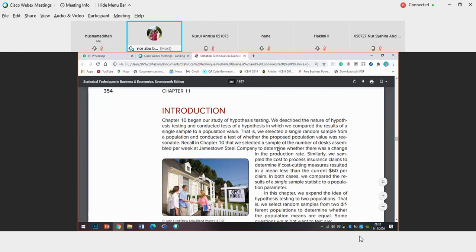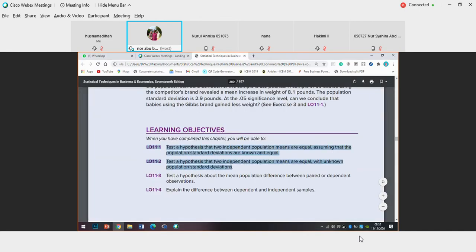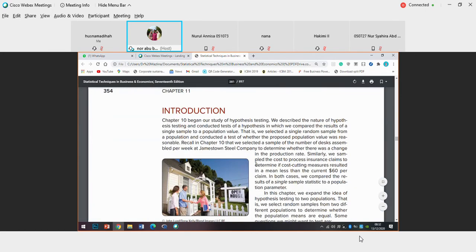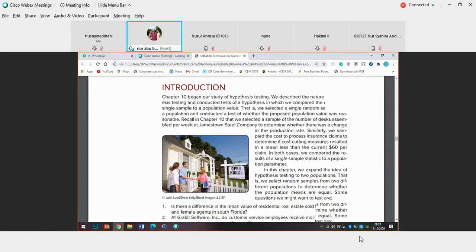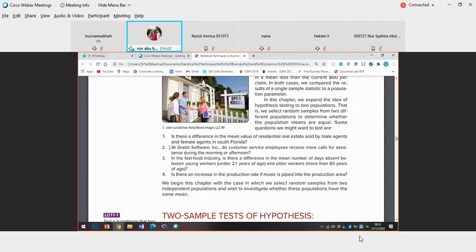Okay, jadi dua perkara ni lah yang sangat penting. Kita akan belajar macam mana nak buat hypothesis testing. In order for us to do that, alright, so if you look at some of the examples here in the introduction on two samples, okay, cuba tengok ni,